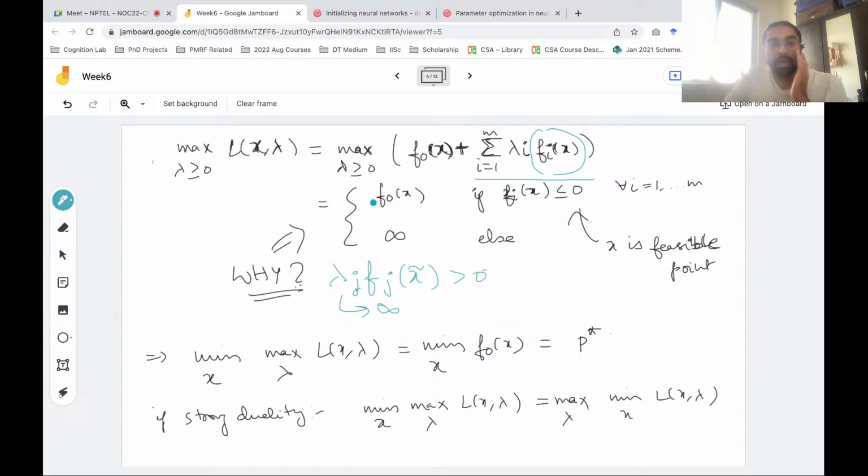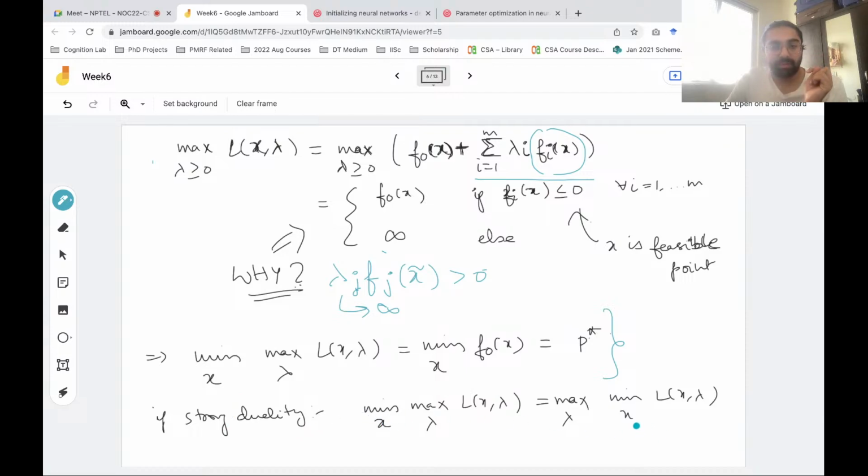Okay, now let's say I want to minimize. I'll put this minimizing operation on both the sides, right? I'll say minimize with respect to x, this guy is equal to minimizing f naught of x with respect to x. Why? Because if I'm minimizing, infinity will never be a possible solution, right? So it is just like saying I will be minimizing f naught of x, which we already know is p star. Correct? Is this idea clear? Yeah. Right? I'm just putting the minimize operation on both the sides,